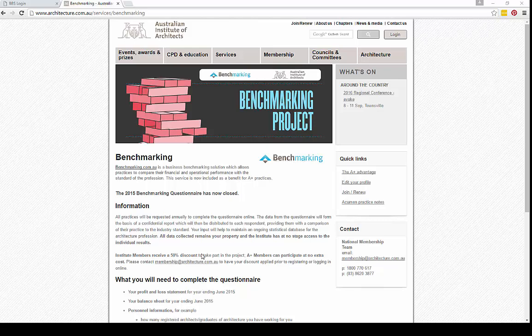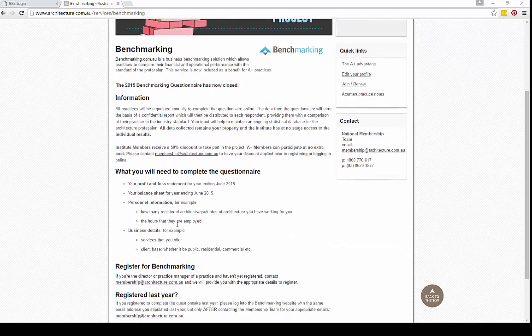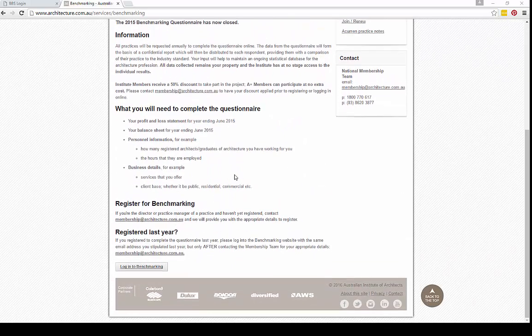Today we will run through the process of registering for the Australian Institute of Architects project and also the benchmarking application. To register for the project, navigate through to the Architecture.com.au website and then through to the benchmarking page. On the benchmarking page, you will see that there is an email address, membership@architecture.com.au, that you can send through your contact details to,